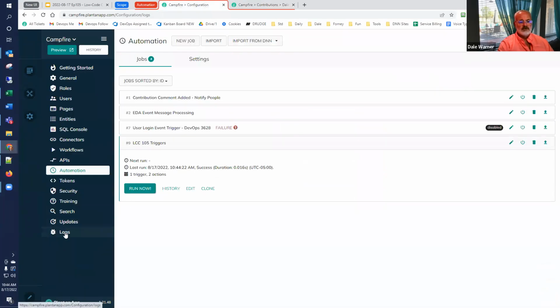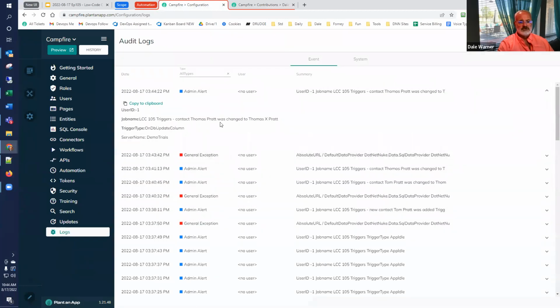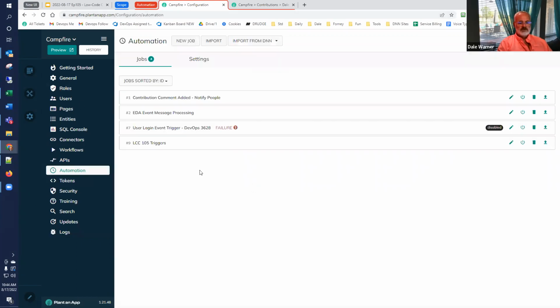And so now we look at the logs and see that the name was changed. So it's a way to watch one or more columns. And again, that same rule applies. You don't want something that's changing the name to also change the name again, because it will fire forever. Okay, with that, I am going to fast forward through the remainder of the triggers